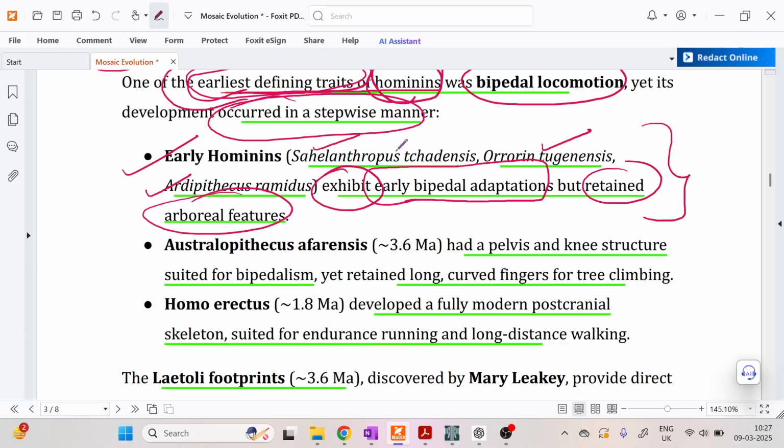Meaning that in these three species there were adaptations regarding bipedal locomotion, pelvis adaptation, skeletal